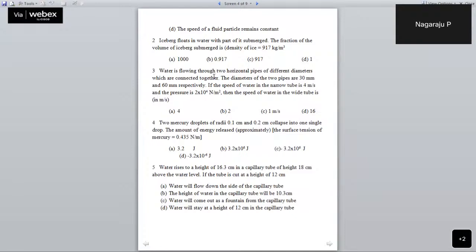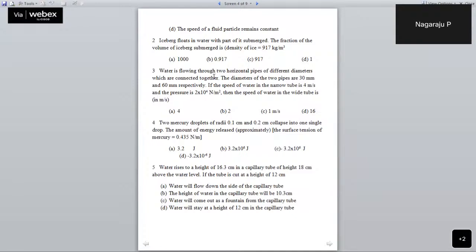And further, the decrease in surface area you have to find out. And that is nothing but 4 pi R square, capital R square, minus r1 square plus r2 square. And on simplification, you get 10 raised to minus 6. Better you note down that. And therefore, it comes to be about minus, you are getting minus, and that is 7.4 into 10 raised to minus 6.